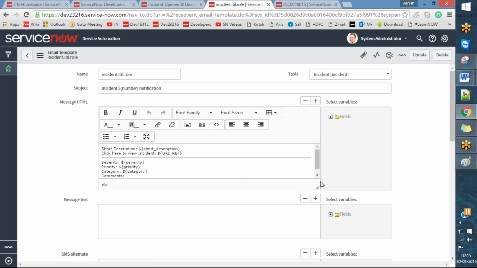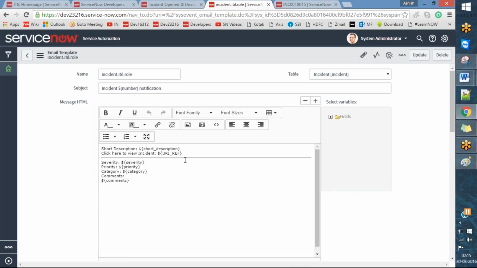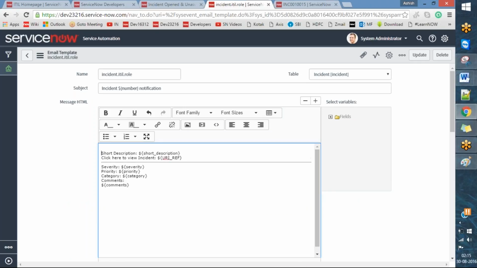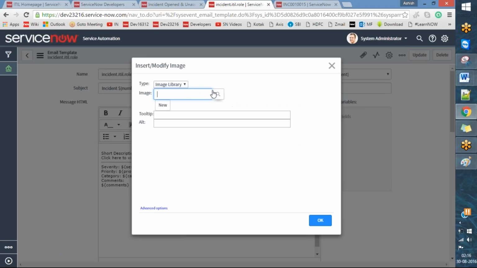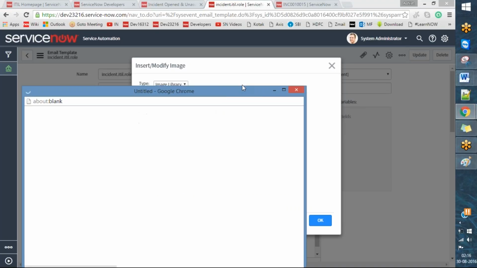Now this will behave like any other thing. Remember we had added the logo. You can add a video, you can add an image as well anytime. So for example,